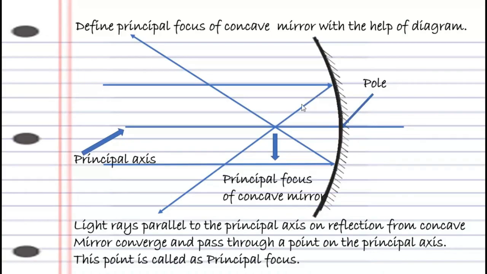On reflection, they pass through a single point on principal axis, and this point is called as principal focus. So this is the answer for a definition of principal focus of concave mirror with the help of diagram,